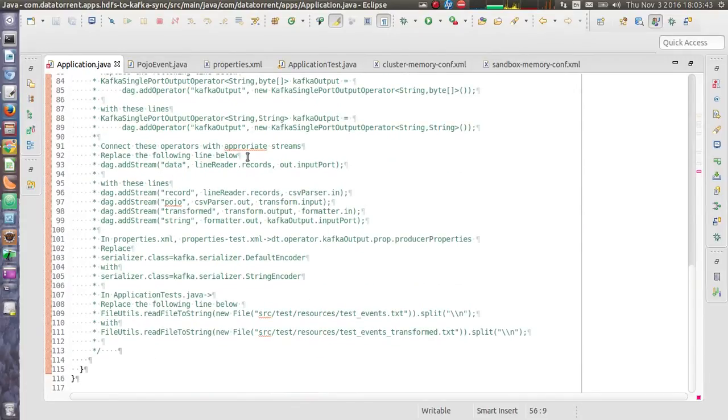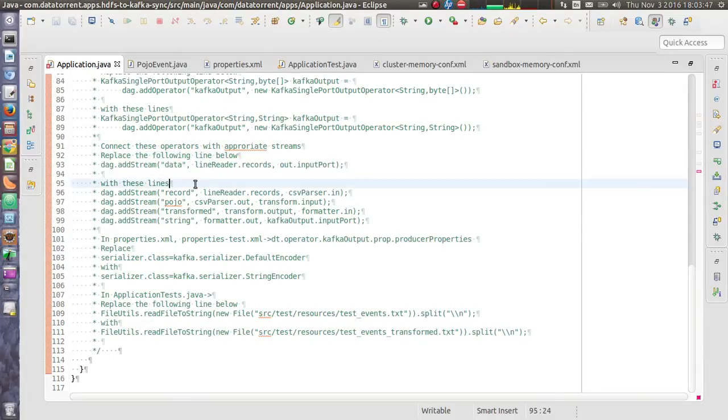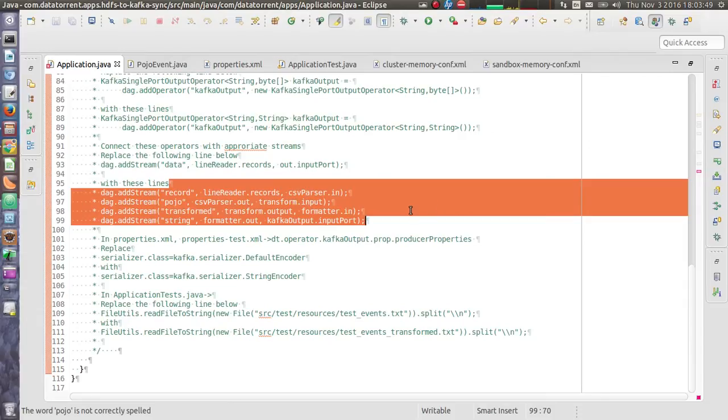Then it says that replace the stream connection with following streams. So now we have longer pipeline instead of just one stream connecting to operators.